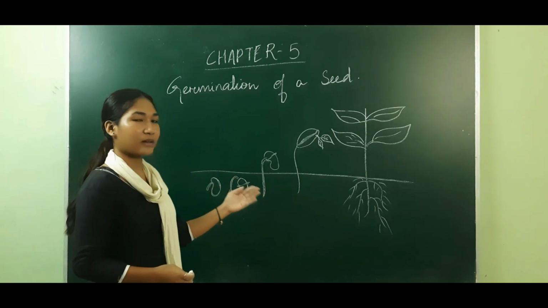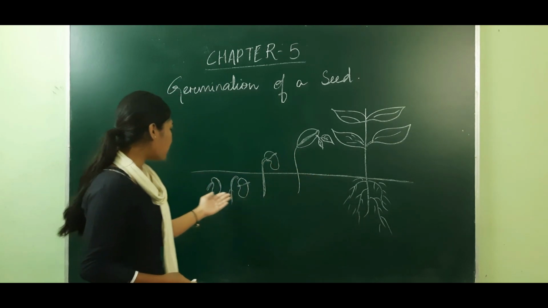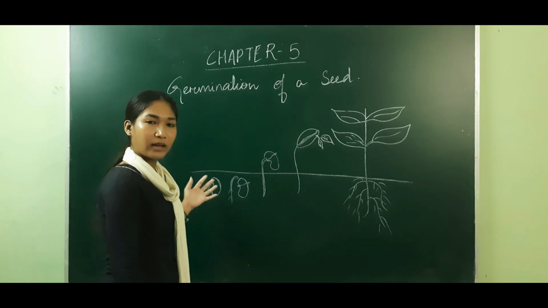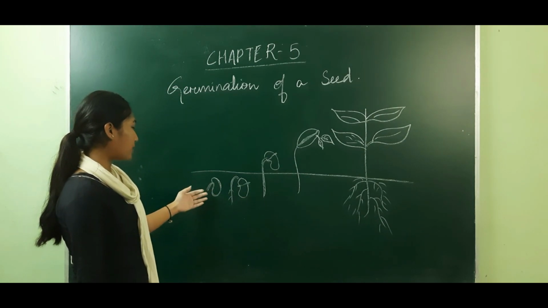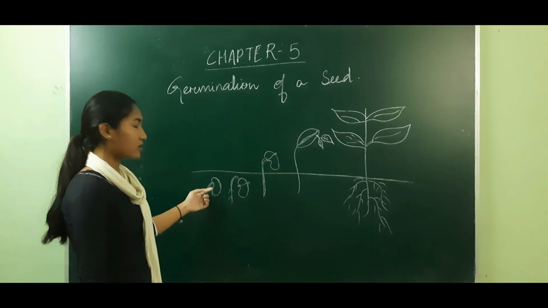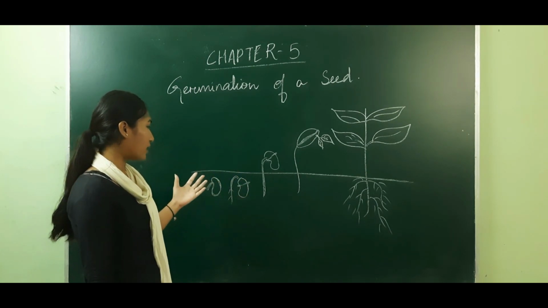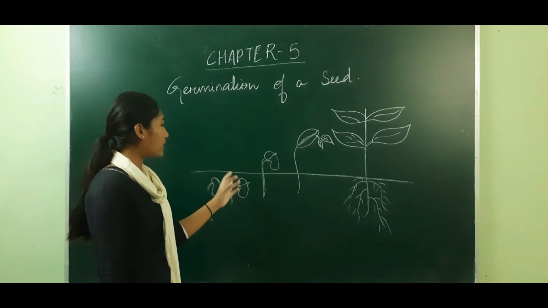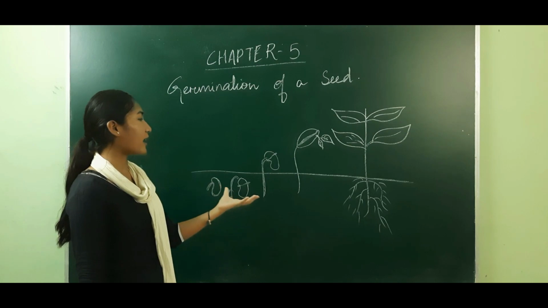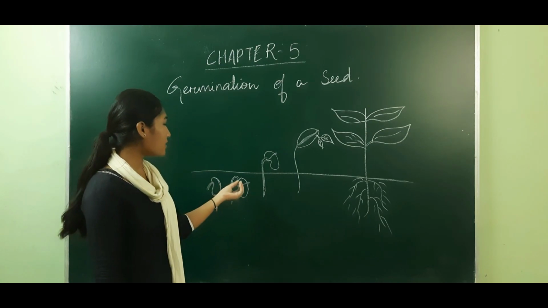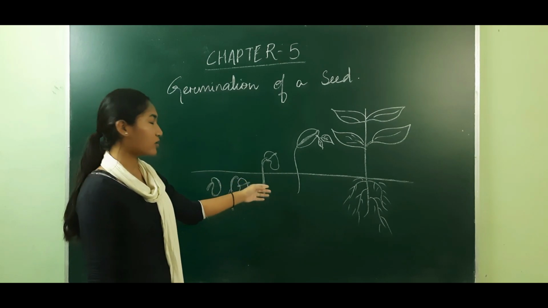Okay, so step by step, gradually a seed is grown into a new plant. You will also find the proper diagram in your book as well. So this is how germination takes place. First, the seed is sown and it is provided with proper temperature, proper air, and proper water, and then the size increases. Okay, the size of the seed increases, and the seed coat starts to come off the seed, and this is how the root is grown.